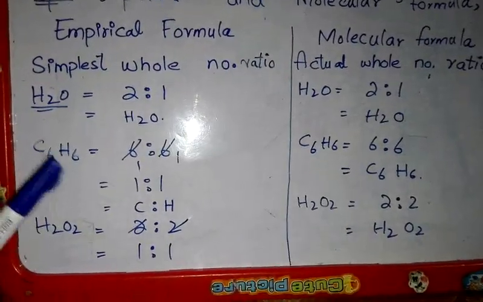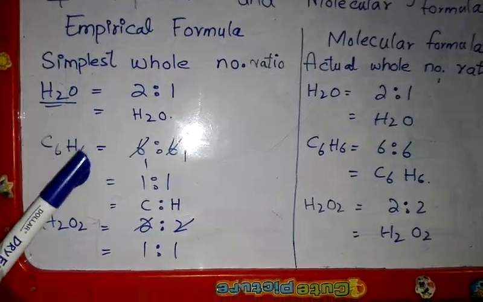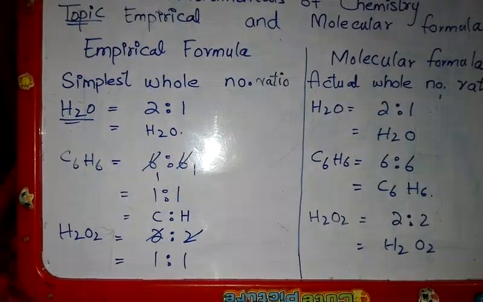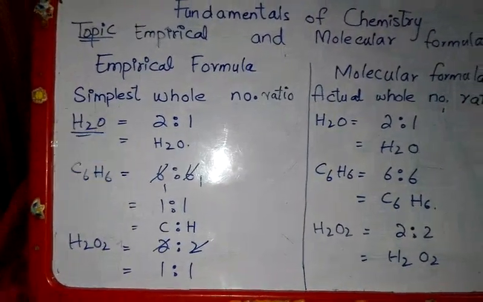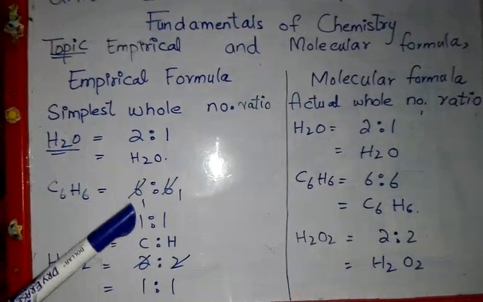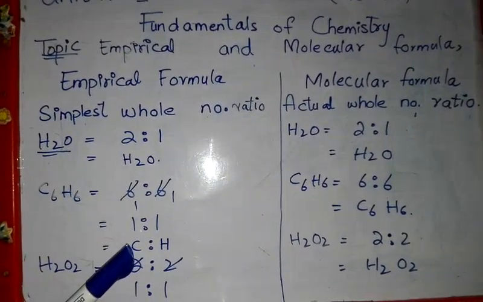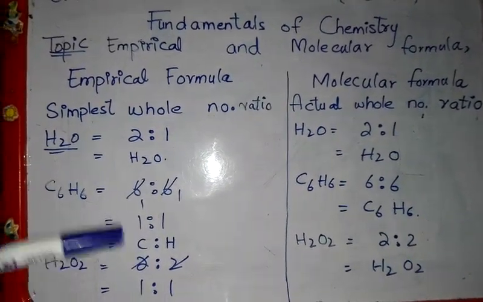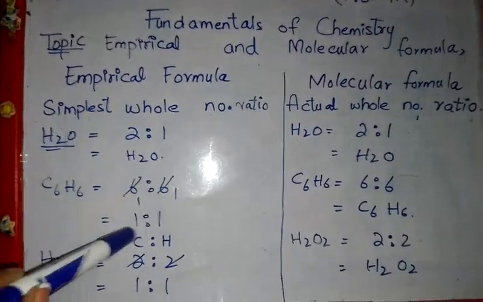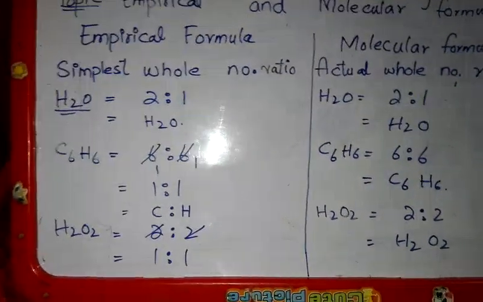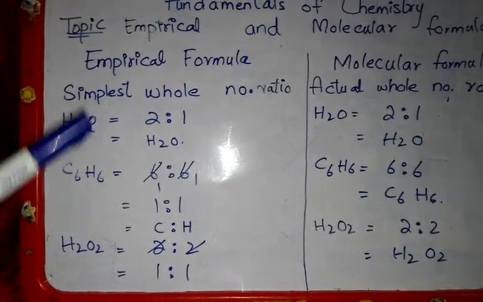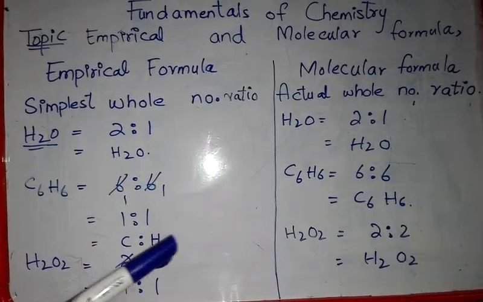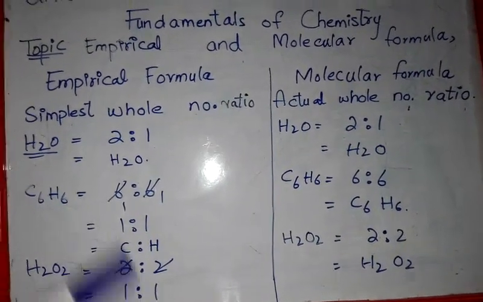Next we have benzene. Benzene has the formula C6H6. I have written the numbers, 6 carbon atoms and 6 hydrogen atoms. Now see, you will get my point. These both can be cut because they are the same. 6 ones are 6, 6 ones are 6. It becomes simple. It was 6 earlier, but I have made it simple, in the simplest whole number ratio. Simple whole number ratio means 1:1. So what will be the empirical formula of benzene? It was C6H6. No, the empirical formula is CH. I have made it simpler.